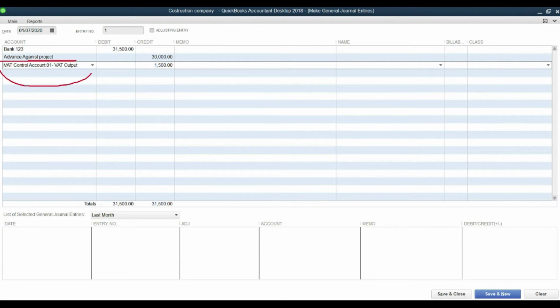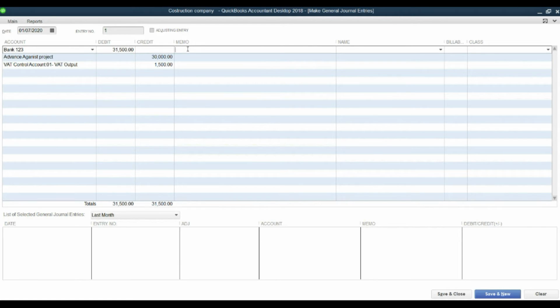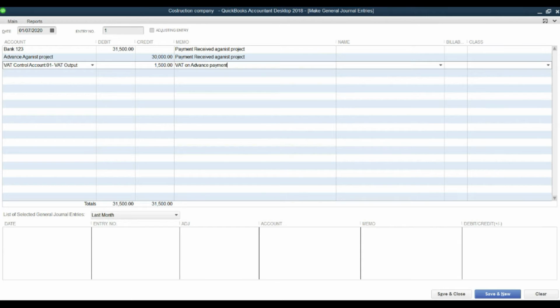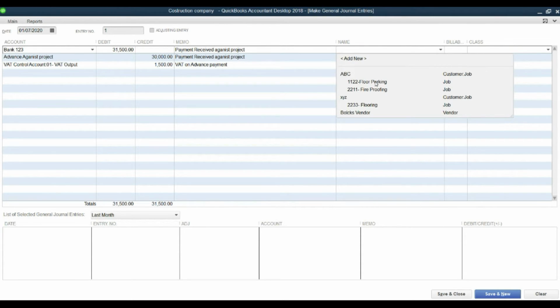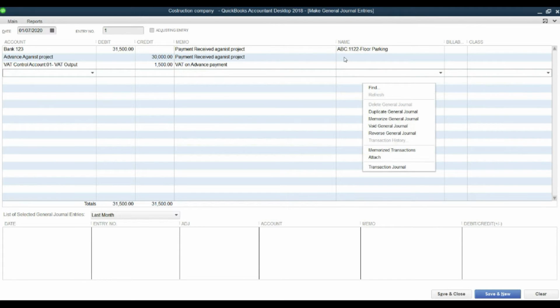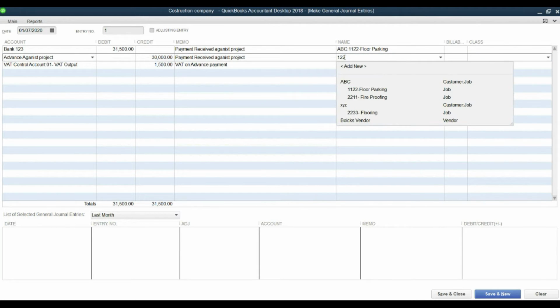So VAT output with 1,500. So here you will see that payment, and here you will select your relevant project